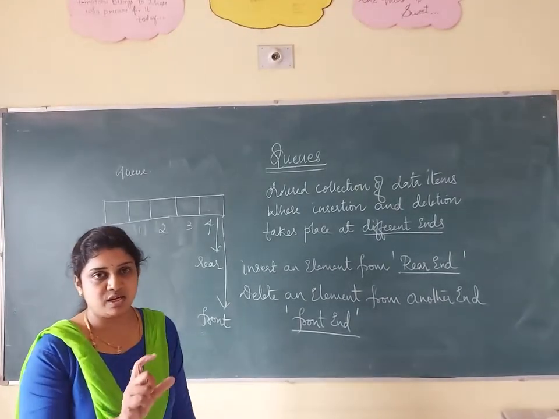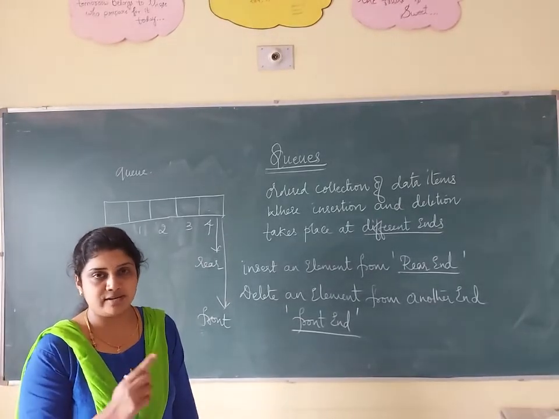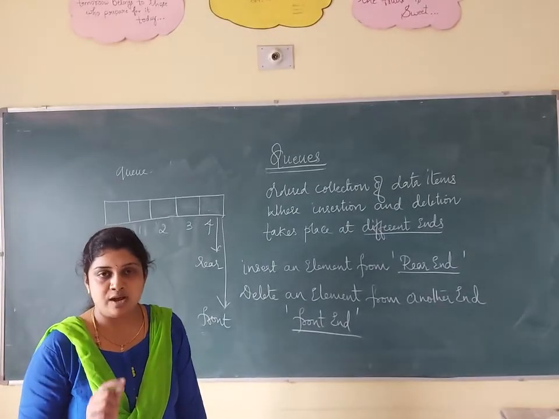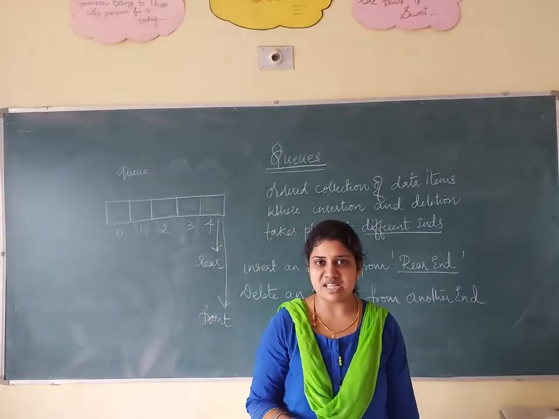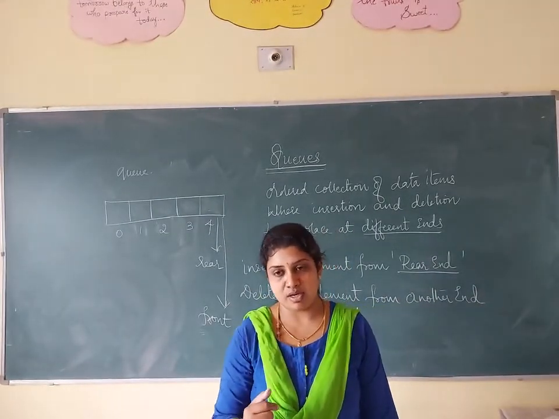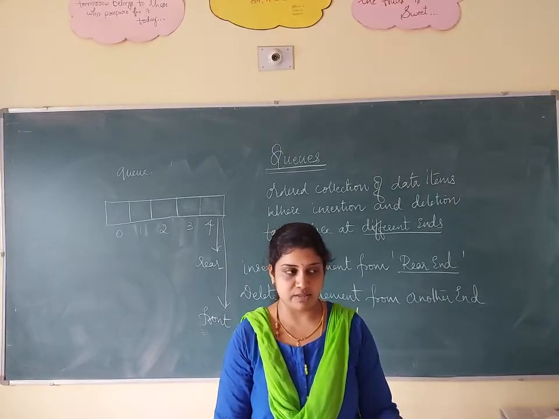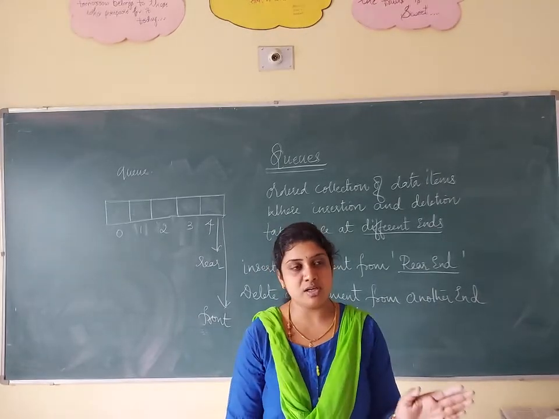You have to consider one queue, and if it is a queue, we have two ends, front and rear end. In the beginning, both should be pointing to -1. -1 indicates that what? The queue is empty, so that you can insert items into the queue. So if both are pointing to -1, you can insert. So now what you have to do, this is the first point. And the second one is what? You have to increment front.